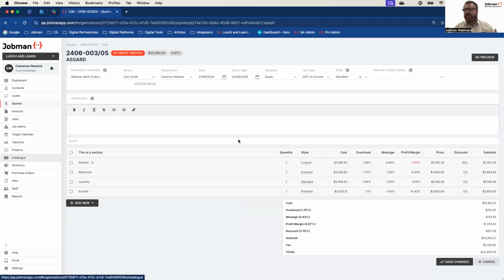Really, it's one of those great investments where you do it once, you pay for the templating, you've got professional templates in your system written how you want them to present, and now you have the flexibility and power to use them over and over again and really maximize the benefit of the software, keeping in mind that this is what your clients are going to see. When we send it to them and email them, this is the information they will see. And the way it's professionally put together will obviously impact the way your clients see your business as well.